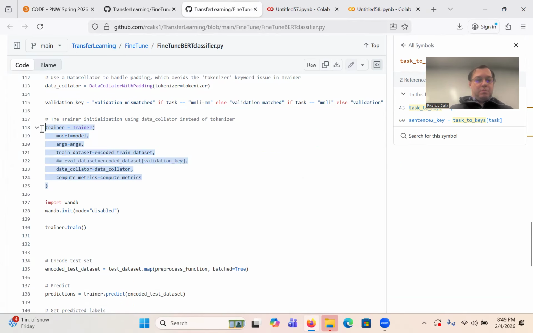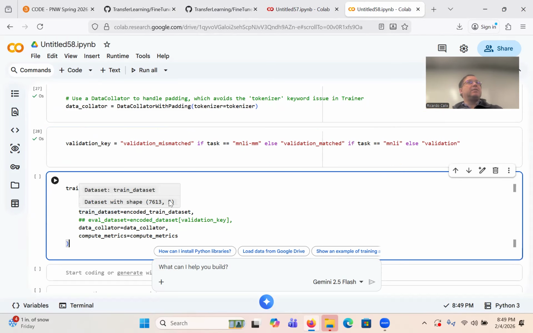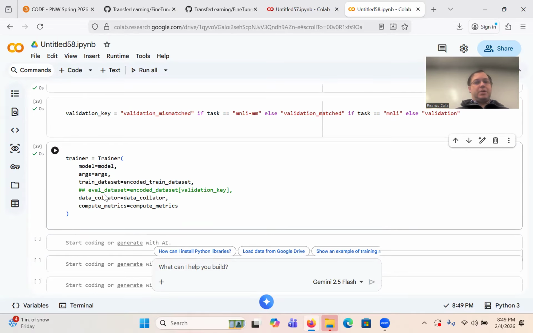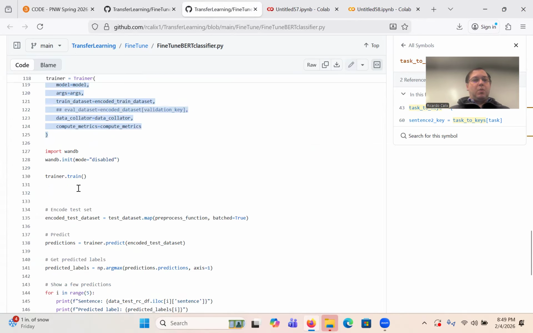And now we are at the trainer. Notice the same idea. The trainer has the model, brings in the arguments, brings in the encoded training set. I don't have an eval data set here. The data collator, which is related to the tokenizer, and then the compute metrics, which was accuracy. So everything comes in together there. W and B, this is just some company, so I just disabled that.